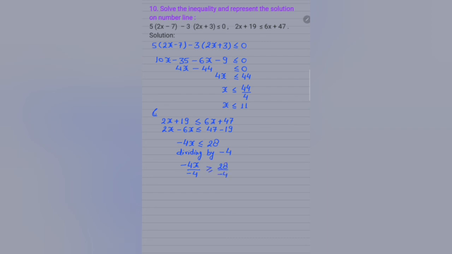Why do we change the sign of inequality? Because we are dividing by a negative number, so the sign of inequality is reversed. Less than equal to becomes greater than equal to. So x is greater than equal to minus 7. 4 7s are 28. So our first solution is x less than equal to 11, and the second solution is x greater than equal to minus 7. Now for the number line,